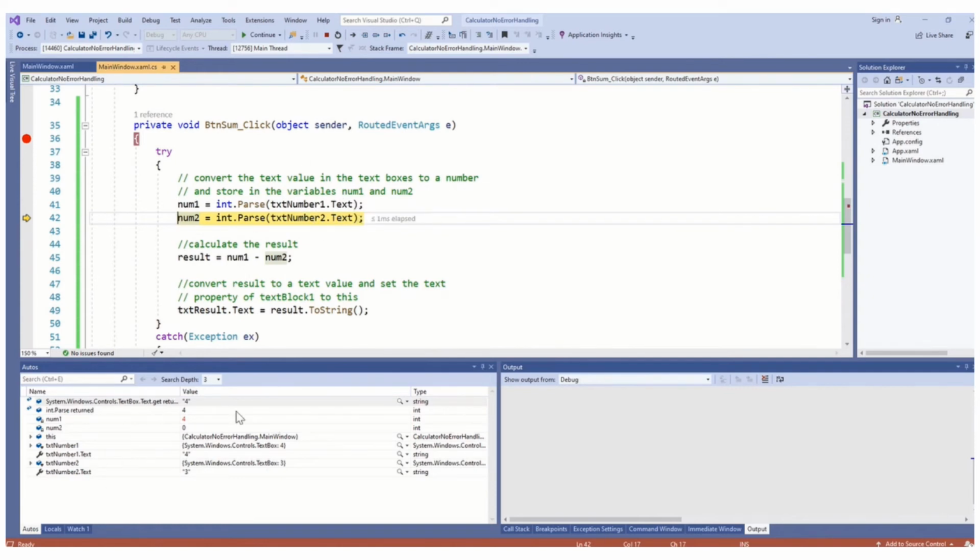You don't have to monitor all the values down here. Alternative way of looking at it is you can actually hover over the variables, and you'll also get to see what the values of them are. So if I hover over num1, you can see it tells me that num1 has the value 4. Same if I hover over the text box, txt number1.text, you can see it tells me it's got the value